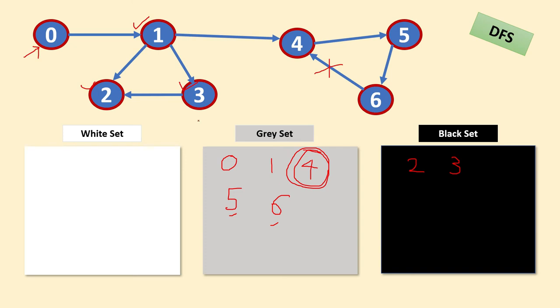The last thing to talk about here is that instead of taking a white set, gray set or black set, we can take one array of length equal to the number of nodes. And initially, instead of making white, gray and black sets, we can denote them as numbers: white means 0, gray means 1 and black means 2. Initially we make everything 0. And whenever we are proceeding, according to that we can update the value to 1 or 2. By taking help of this array also we can solve this problem. But as per the coding, we will use the white set, gray set and black set concept only.